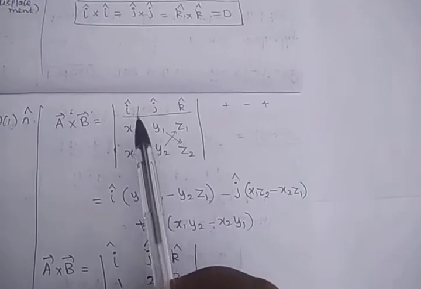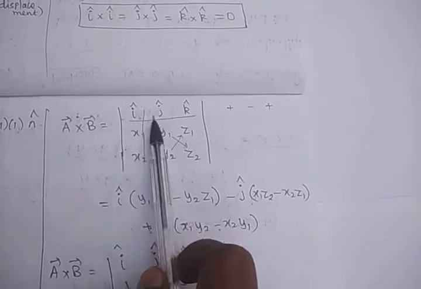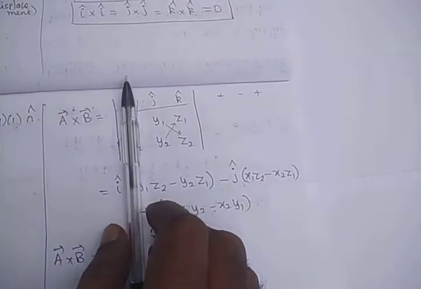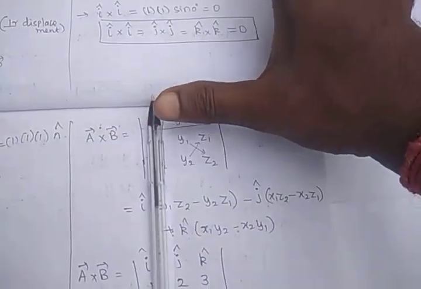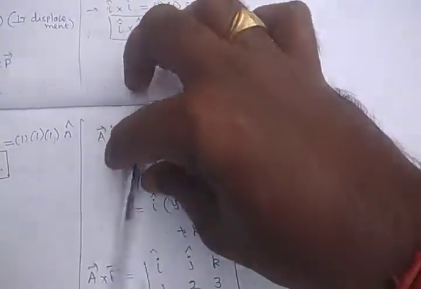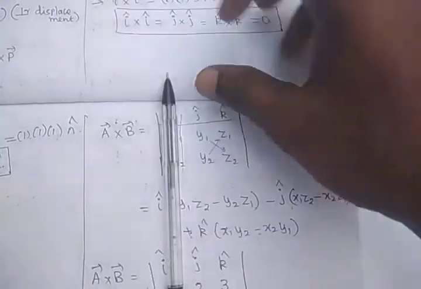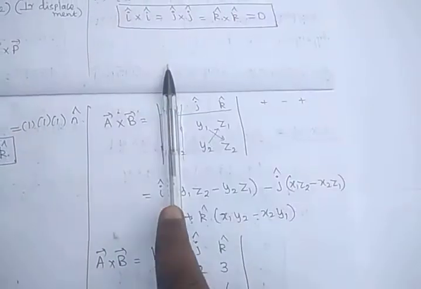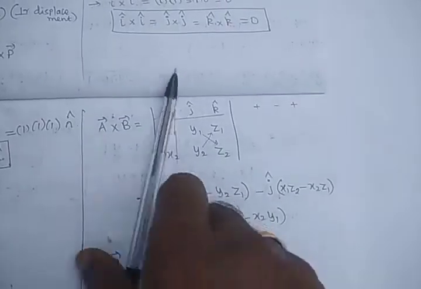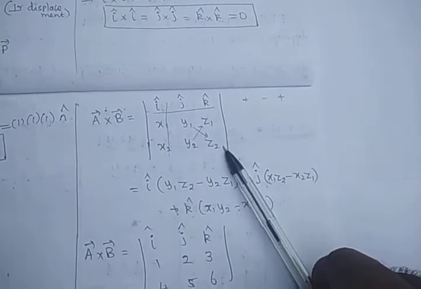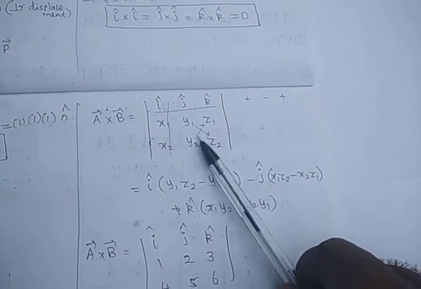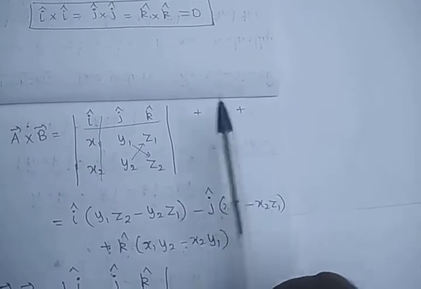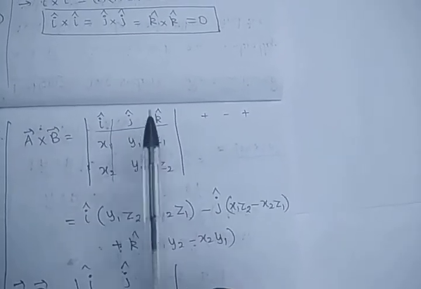Determinant is very simple. First you put the first row component i vector into, and you have to hide this row and column, this one and this one. What will we get? y1 z2 minus y2 z1. Y1 z2 we have to multiply, then put minus sign, then y2 z1. So that is the first one. I will put the sign pattern plus, minus, plus. So here plus, here minus, here plus.